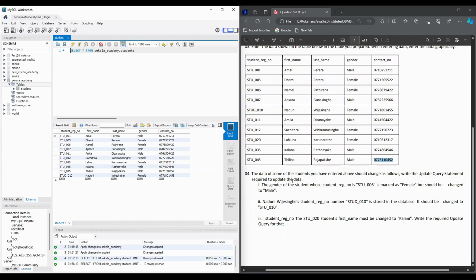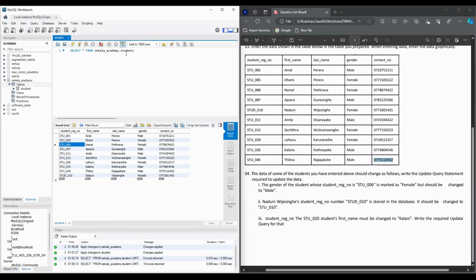The gender of the student whose student registration number is STU006 is marked as female but should be changed to male. Okay, now this row whose ID is